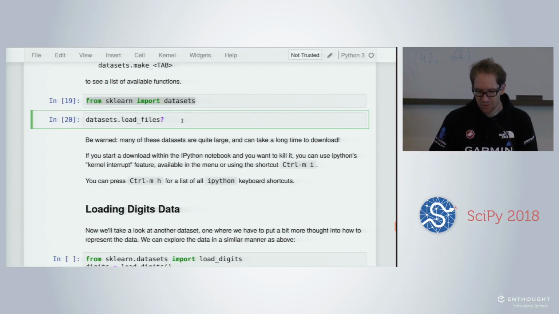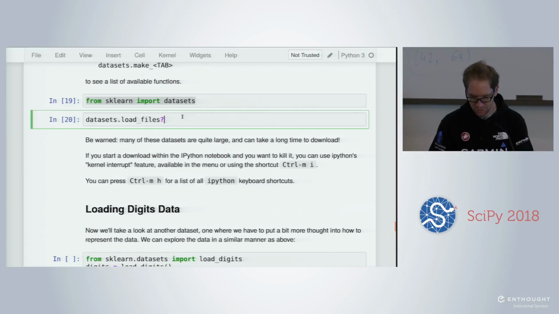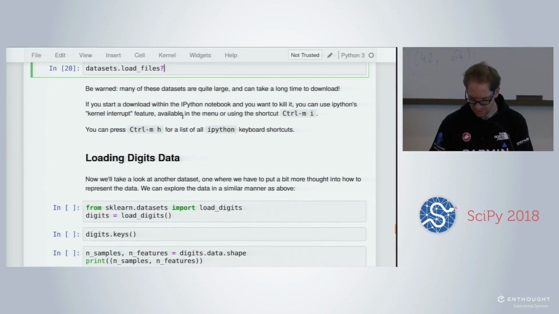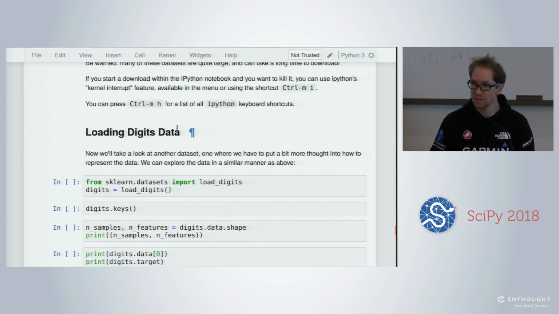So as explained here, you can already try by yourself. You can import datasets from Scikit-Learn, and then use the auto-completions to see what you have. So datasets dot load, and then we'll see that we have different things. We have things specifically for regressions or for classifications, and like this you can play with some models and understand how this is working or the specificities, okay?